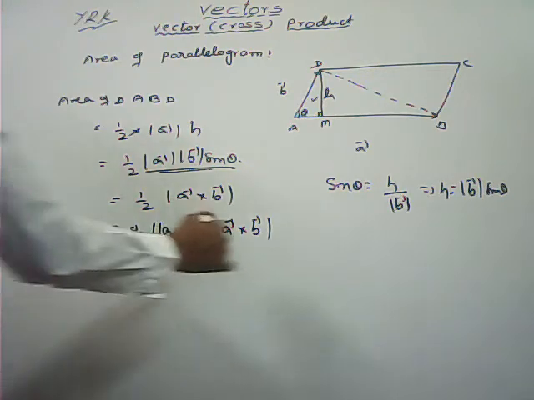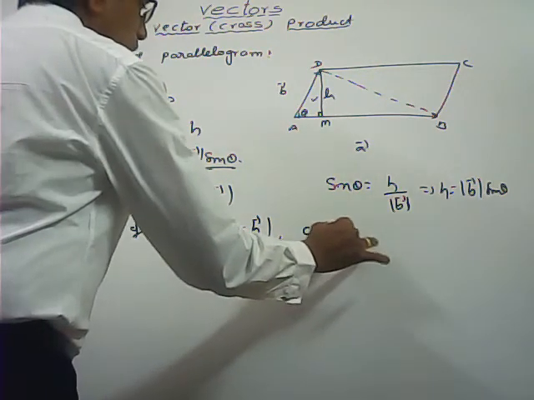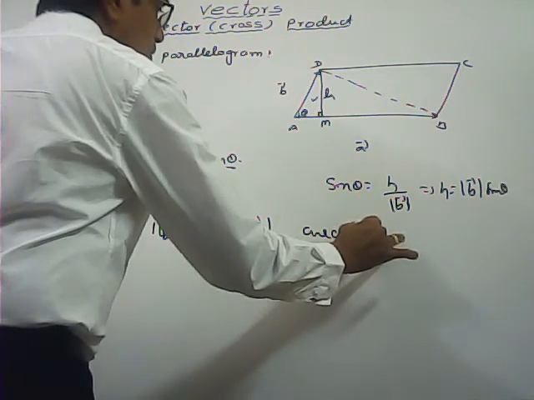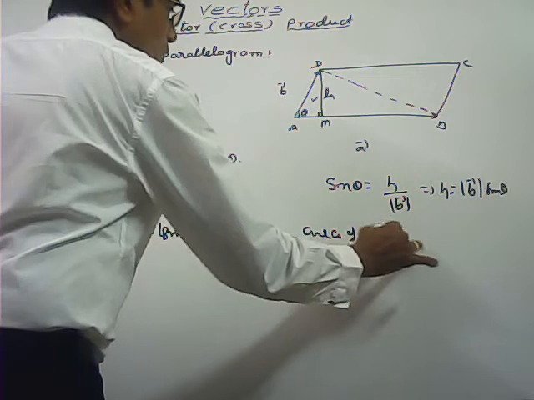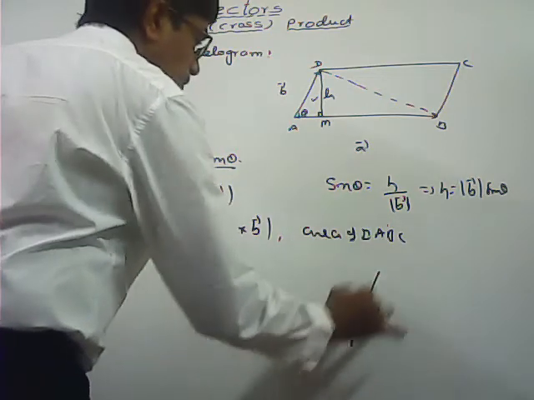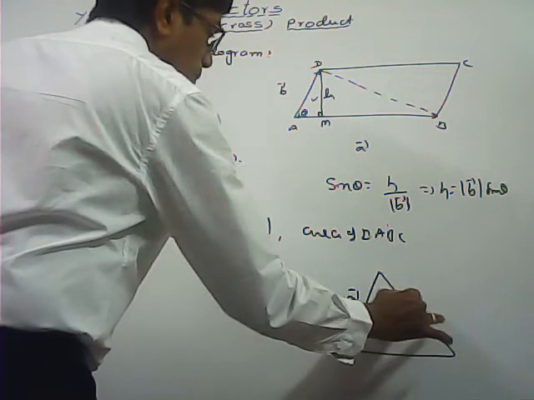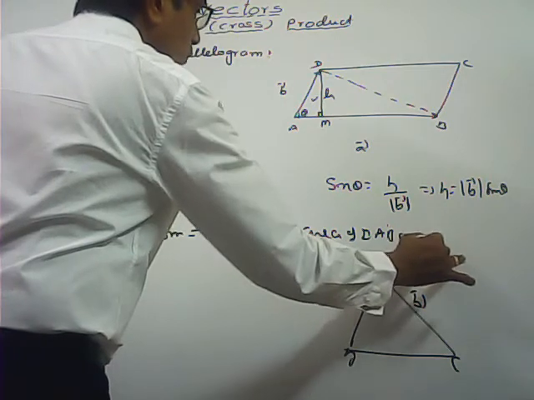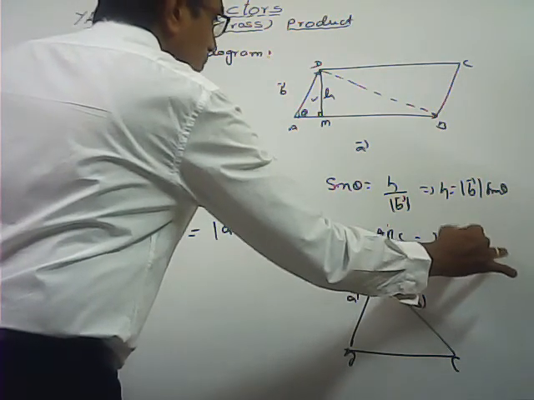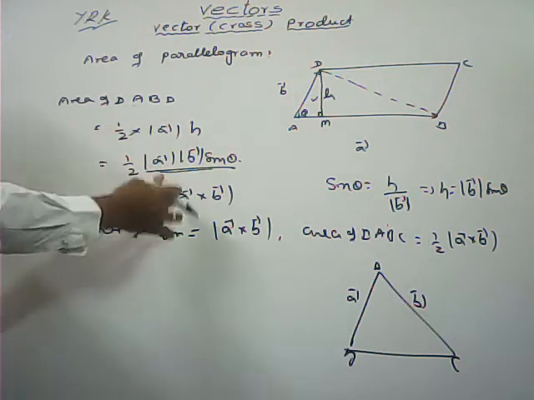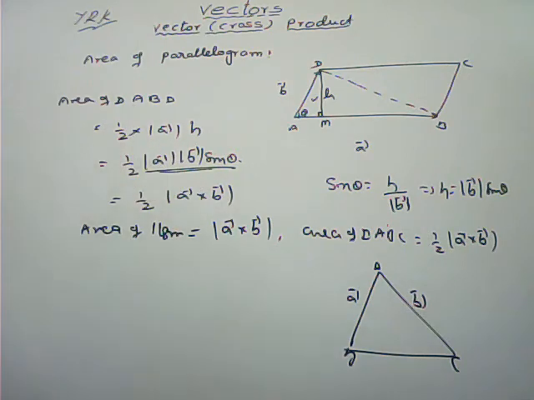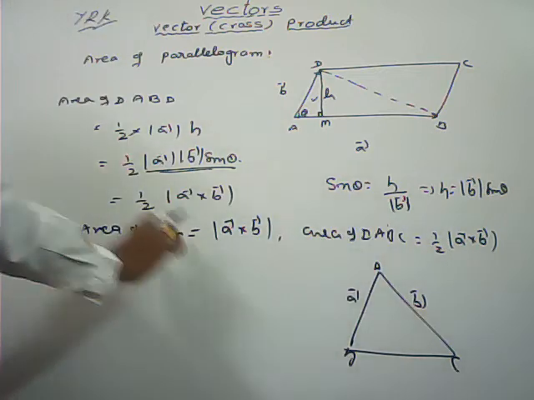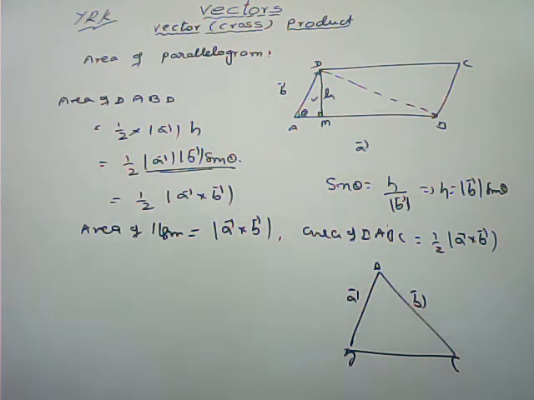And the area of the triangle ABC, whose adjacent sides, here I am taking A bar comma B bar, these two are the adjacent sides of this triangle. So its area is equal to half into modulus of A bar cross B bar. Here only we got area of triangle ABD, that only have written. If A bar comma B bar are two adjacent sides of a triangle, its area is equal to half of modulus of A bar cross B bar.